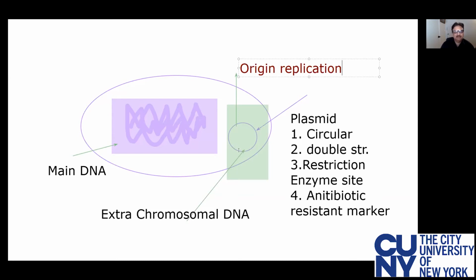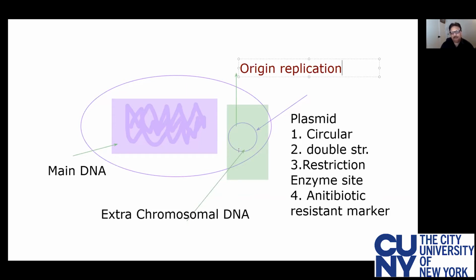So if somebody gets infected with bacteria which has a resistant gene, which has a plasmid, which carries resistance to, let's say, amoxicillin or to Augmentin or all these antibiotics, then that person will not be treated with that antibiotic. So the physician has to do an antibiotic sensitivity test. So maybe that patient will be given double antibiotics or multiple antibiotics. So antibiotic resistance